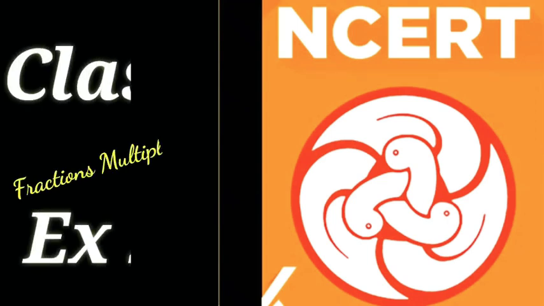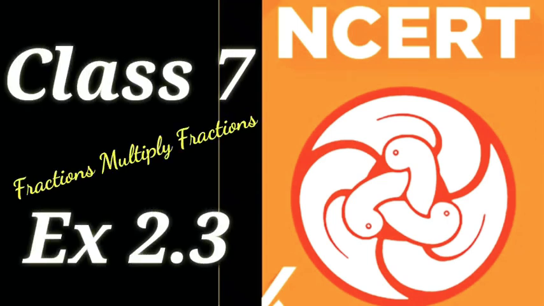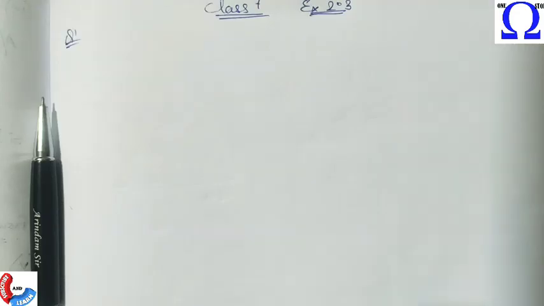Hello everyone, now let us start exercise number 2.3 of NCERT class 7. So in the first question, we are given 1 by 4 of 1 by 4. So now we need to multiply, because "of" means multiply. As I have already told you that